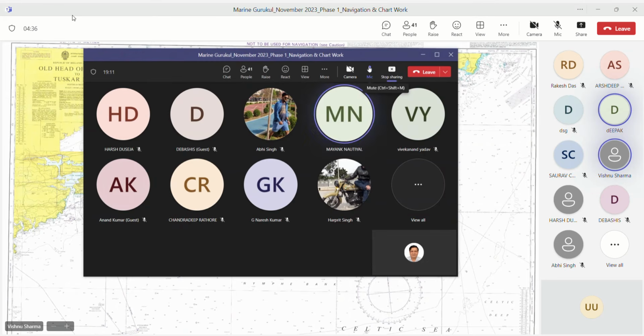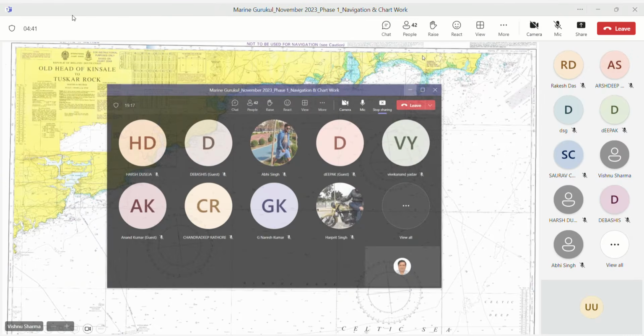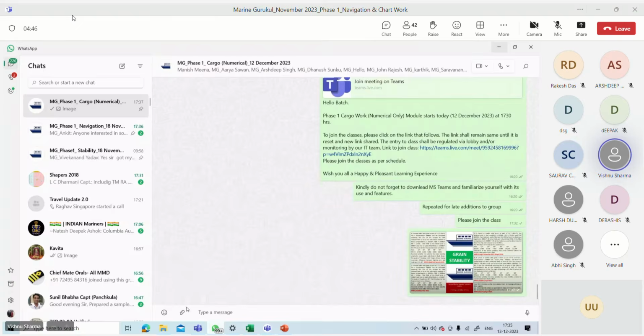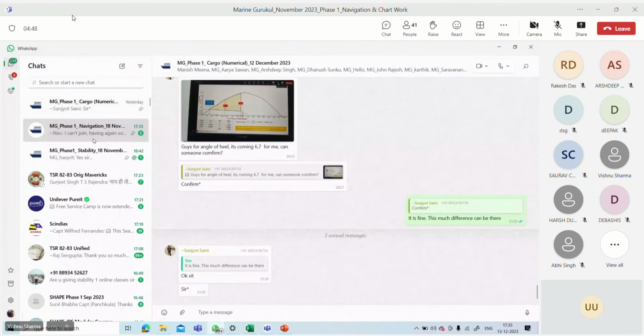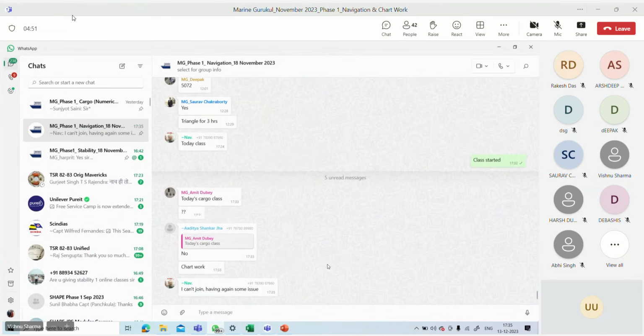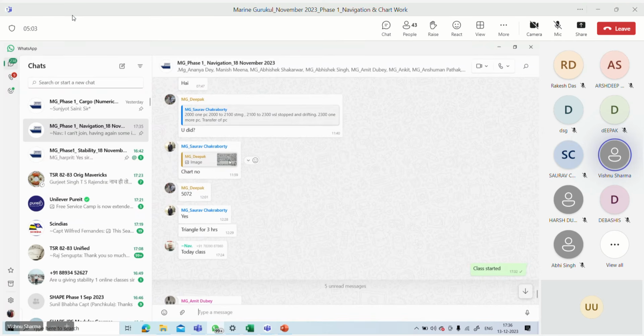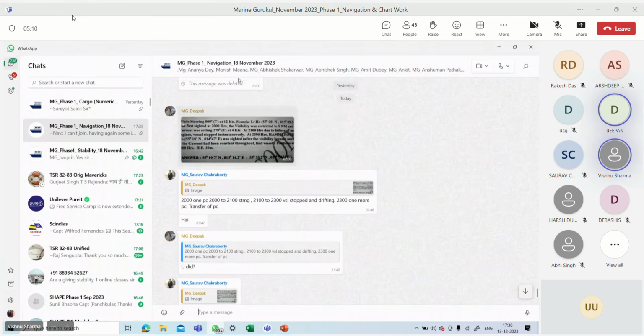Sir, I sent a question in the group about chat work. Yes sir, I sent it in the morning, so whenever you want to discuss it later. No, let's do it now. Tell me where you sent it. Saurabh, you are the one talking about it, beta? Is that Saurabh? No, sir, Deepak. Sir, this question only. This question only. So Saurabh sent it. Okay.